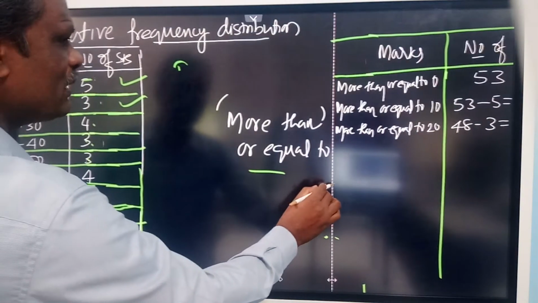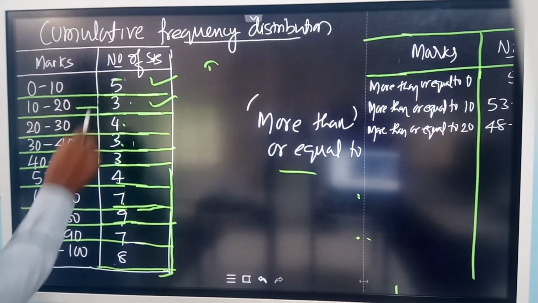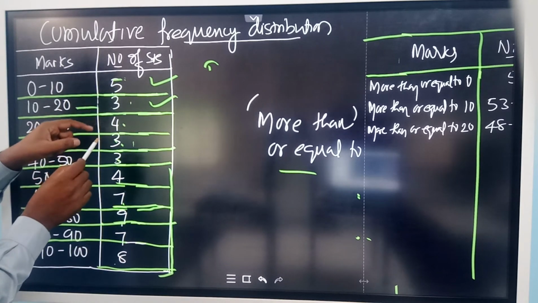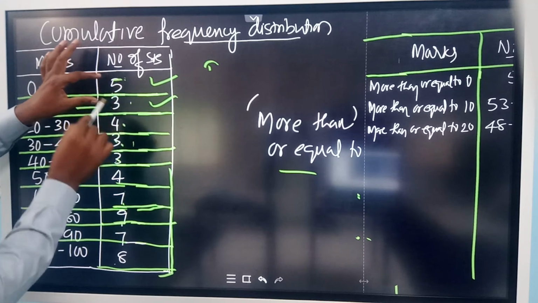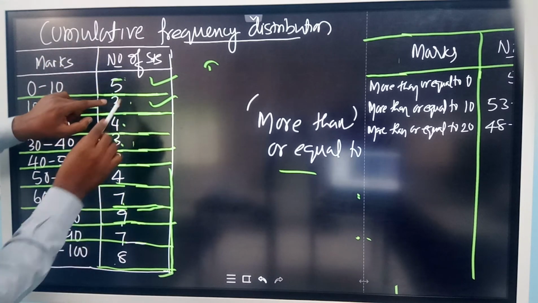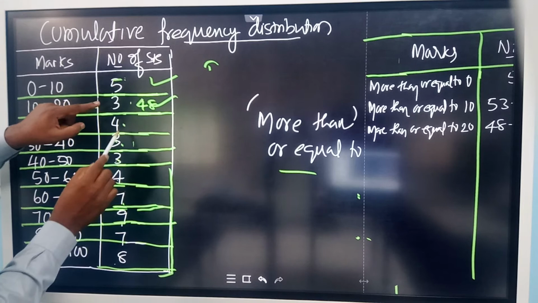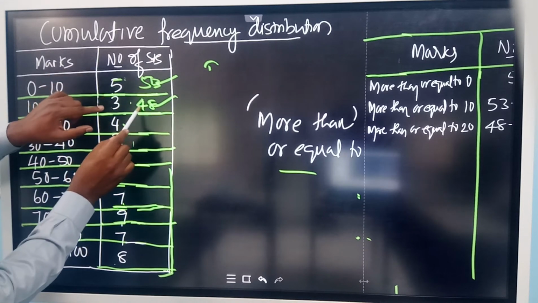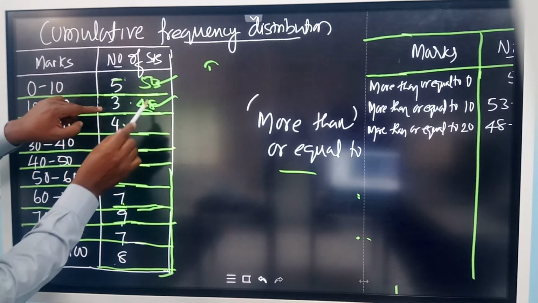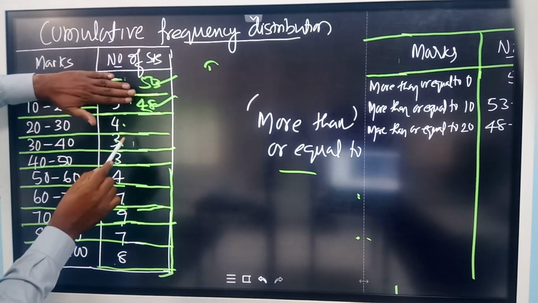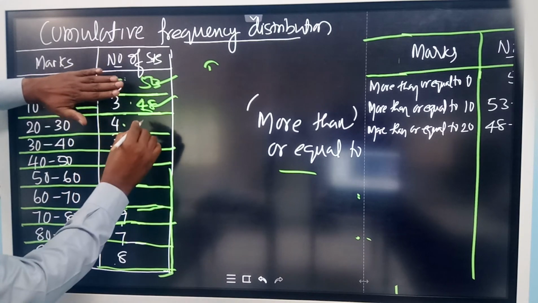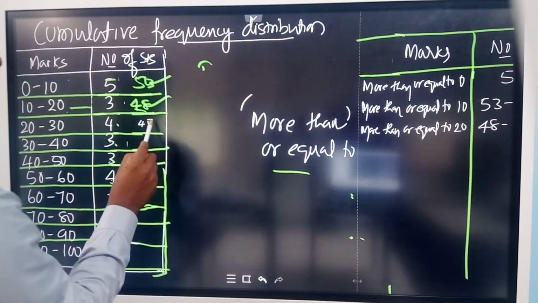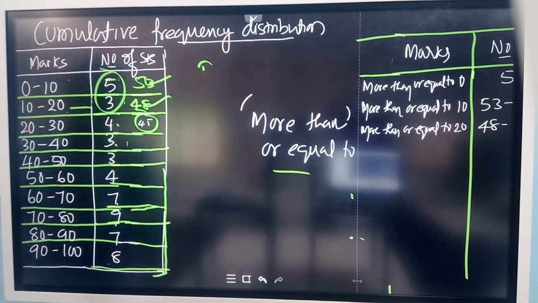See how you remember this one? See, it is total 53. If you remove 5, then this sum will come. Then from 53, if you remove these two, then the sum will come. Otherwise, here you got 48 now. This was 53, this was 48. From 48 you remove this 3. 48 you got by subtracting 5. Then from 48 again if you subtract 3, you are going to remove these two. So it will be 45. Okay, that I have written here, 45. So this 45 is obtained by removing these two.